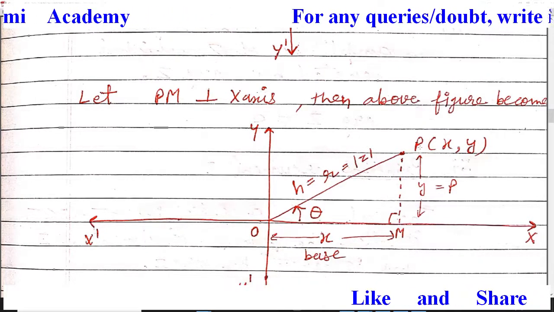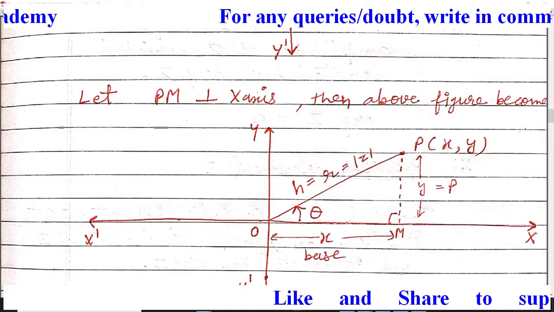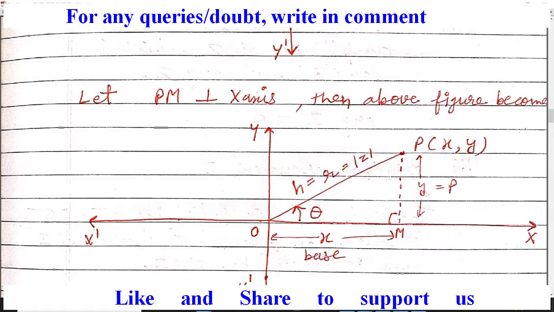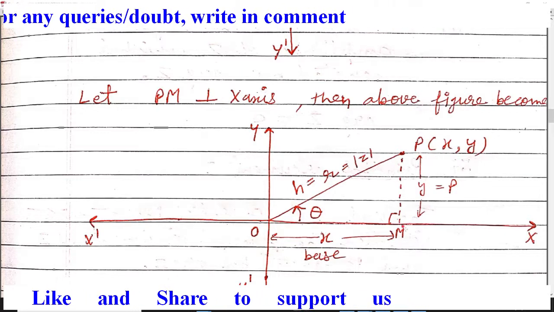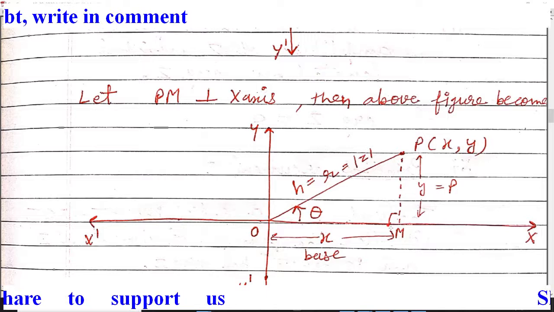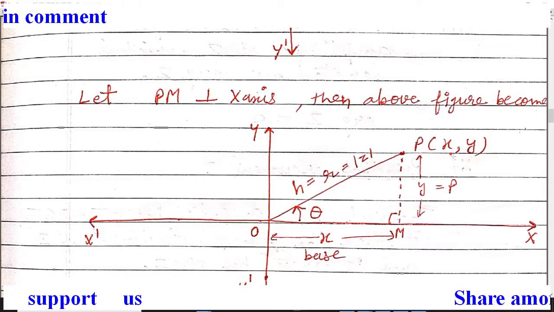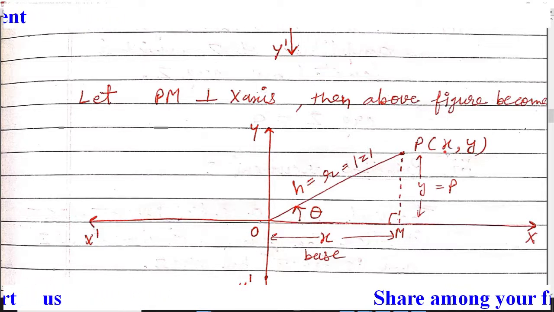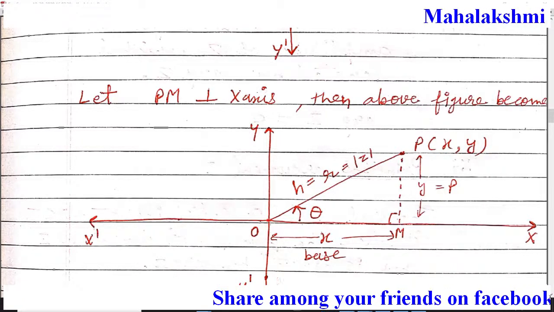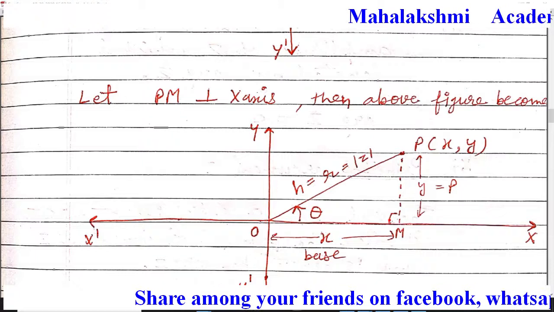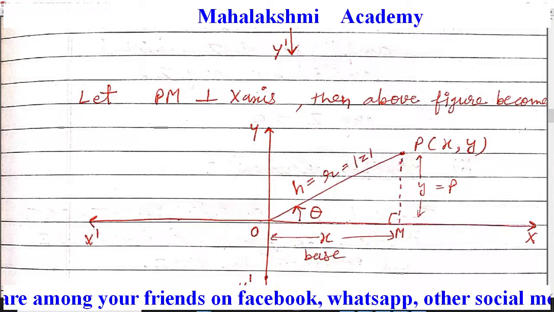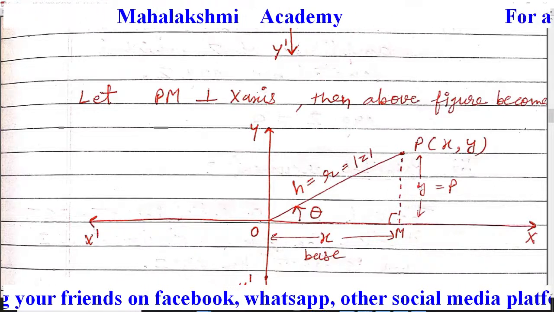Now if this point P's coordinates are x comma y, then this gap is going to be x, because students, if we have to locate here 2 comma 4, then x is going to be 2 and y is going to be 4. So from here to here it's going to be 2. So whatever is the first element of the ordered pair represents the x-axis coordinate, that is the distance from point O to M. So this is your x, and the gap from P to M is named y.